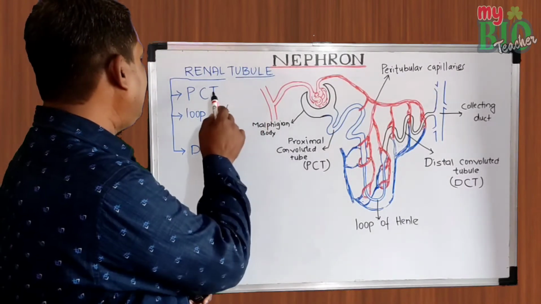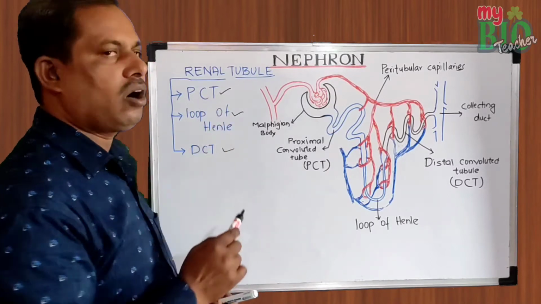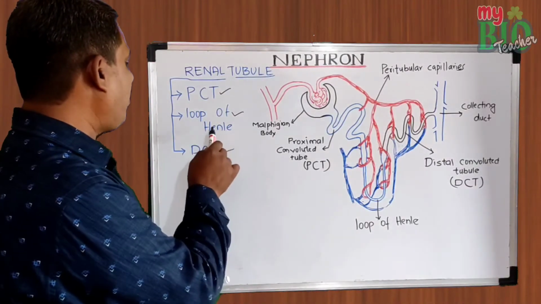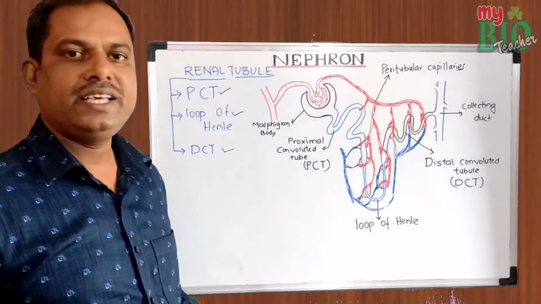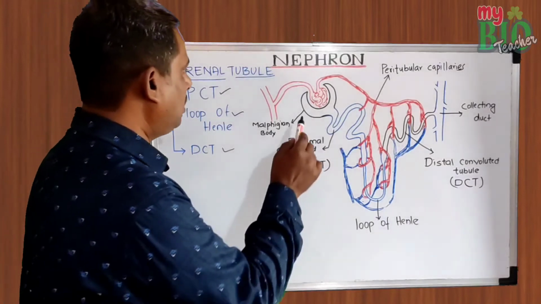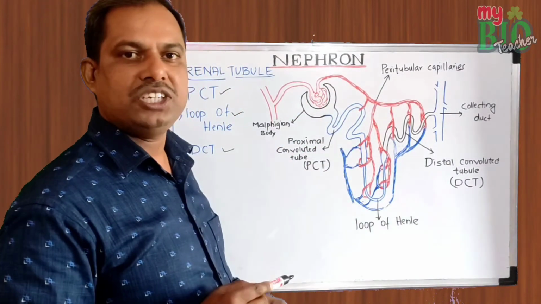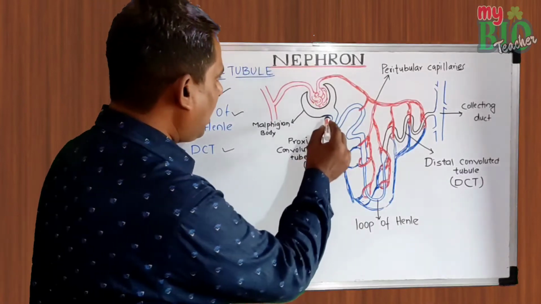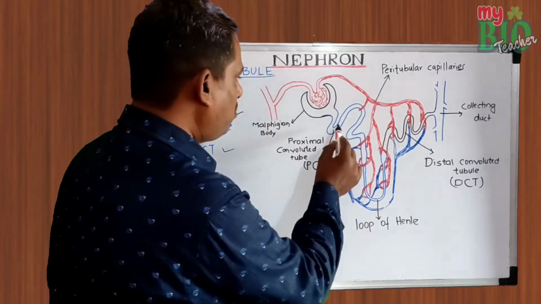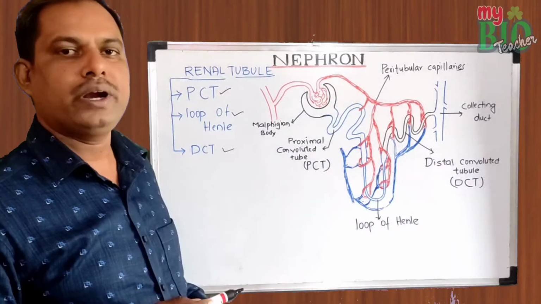Renal tubule mainly consists of three parts: proximal convoluted tube, loop of Henle, and distal convoluted tube. The Bowman's capsule of the Malpighian body continues as a tubular part, called the proximal convoluted tube,